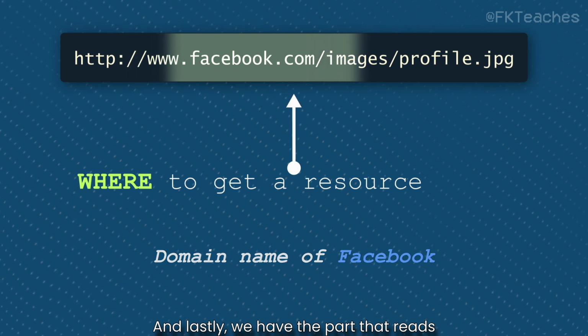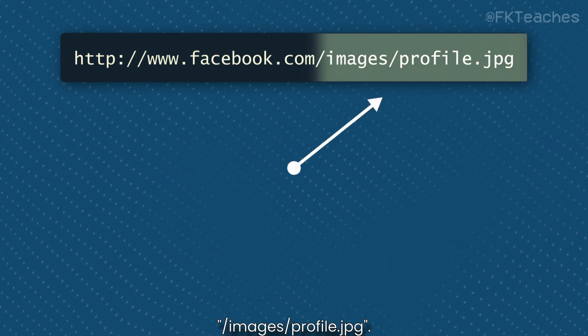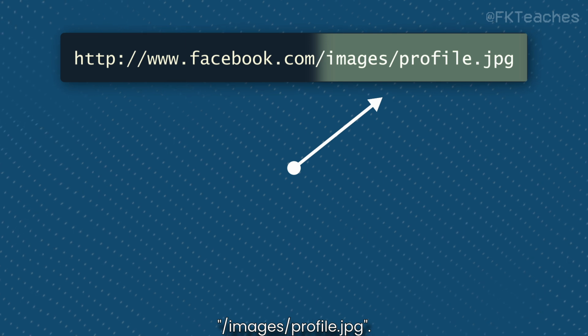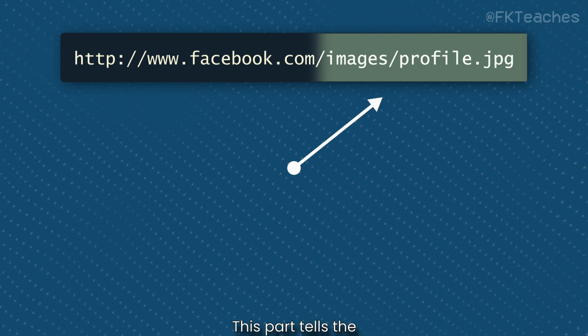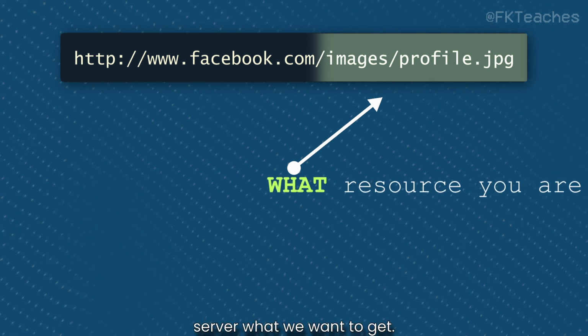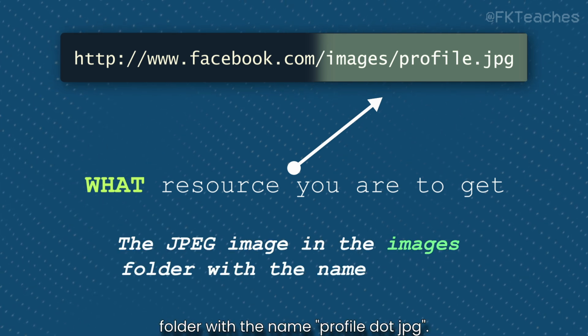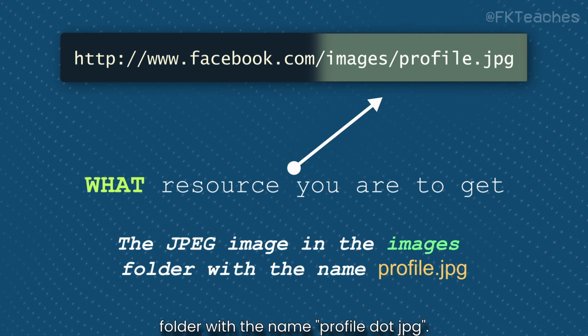And lastly, we have the part that reads /images/profile.jpg. This part tells the server what we want to get, which is the JPEG image in the images folder with the name